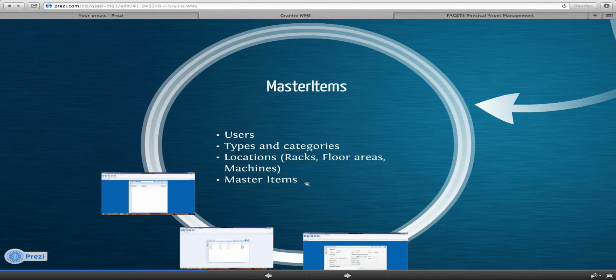Right, so that basically covers the Granite WMS system, and if you want more information, go to www.granitewms.net. Just to wrap up, the scanner screens on Granite are basically based on Internet Explorer, and what I can do is I run this on my scanner,